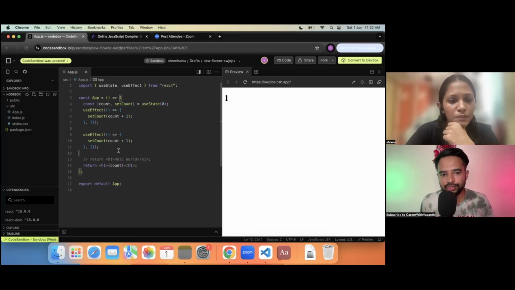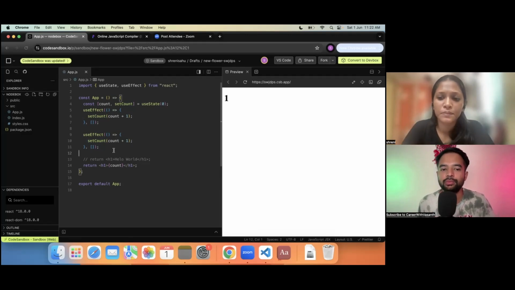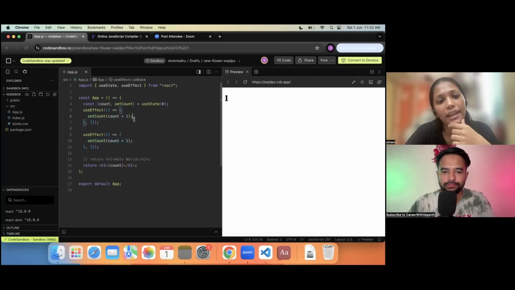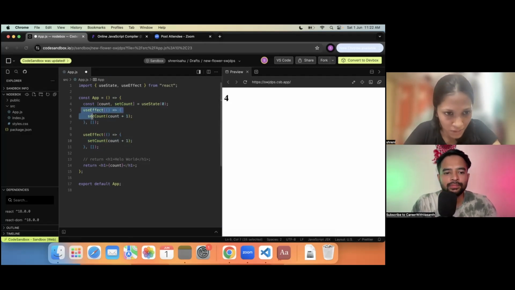Now only one extension to this question I asked, and then probably we'll go to the next question. Let's say I want 2 now. By the execution of the two useEffects, the value of count should be 2. Do you think you can do some modification to make it 2? Because right now it is becoming 1. If I just hardcode 2, then it will appear as 2 on the screen, but that's not a good way, right? That's not what you're expecting. You want me to change something in the function at lines 5, 6, 7? Yes, either of the functions, make some correct change so that the count actually becomes 2.